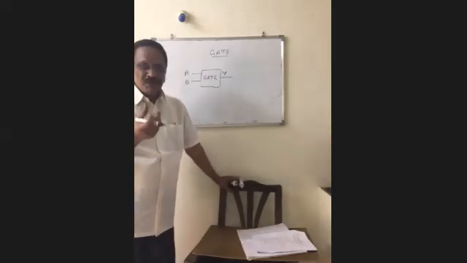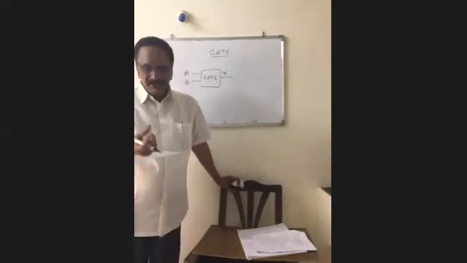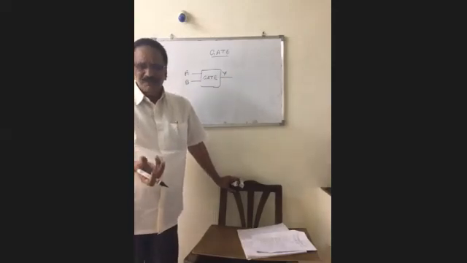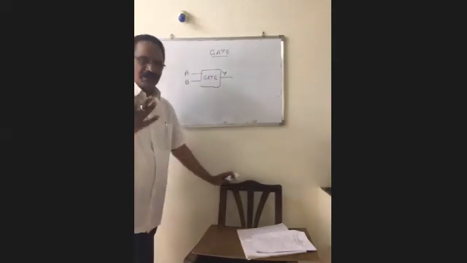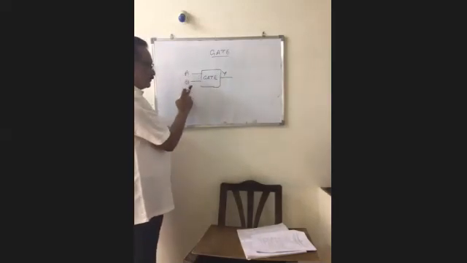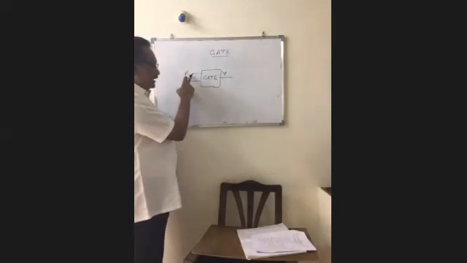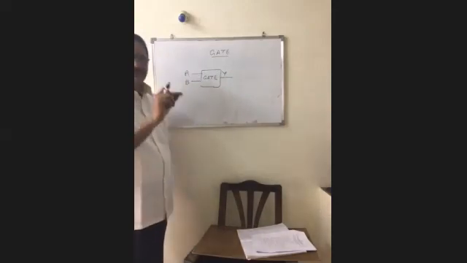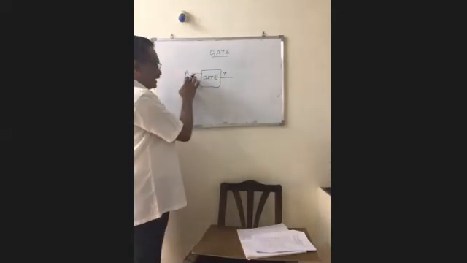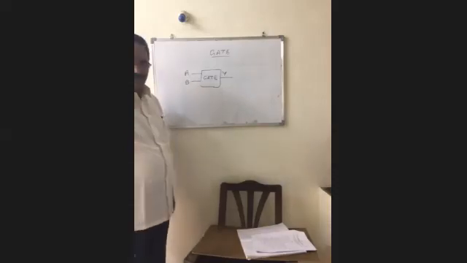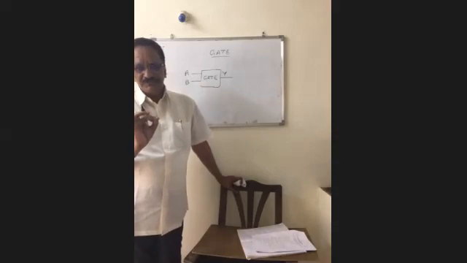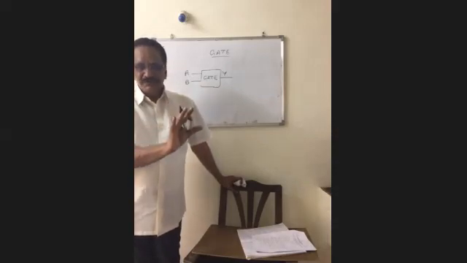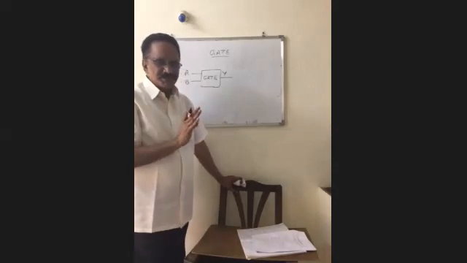What are the possible combinations for A and B? If there are 2 inputs, there is a possibility of 4 input combinations. For example, apply A equal to 0 volts, B equal to 0 volts. Apply A equal to 0 volts, B equal to 5 volts. Next, apply A equal to 5 volts, B equal to 0 volts. Next, apply A equal to 5 volts and B equal to 5 volts. Observe the outputs. There are 4 possible combinations with 2 inputs.